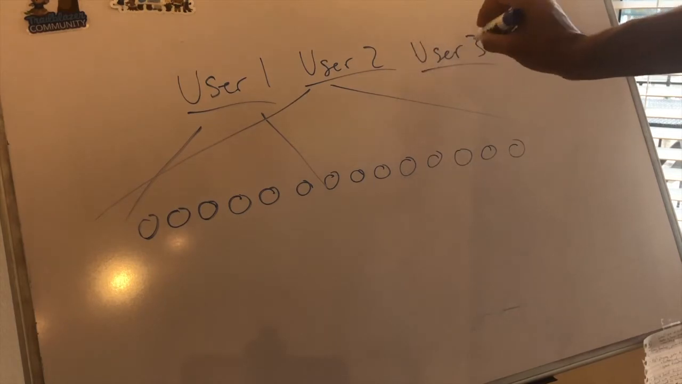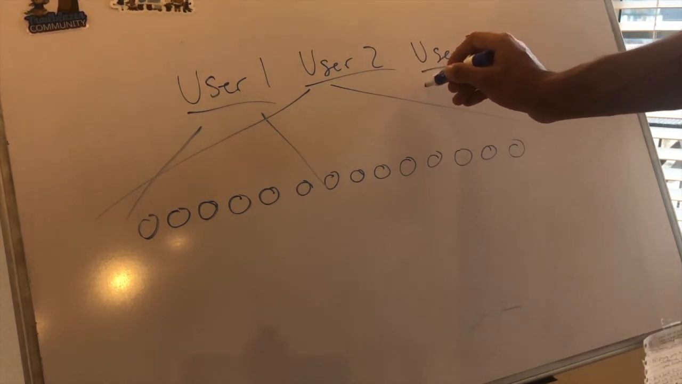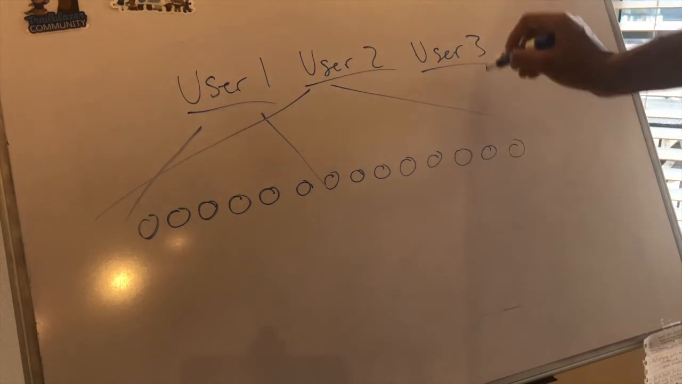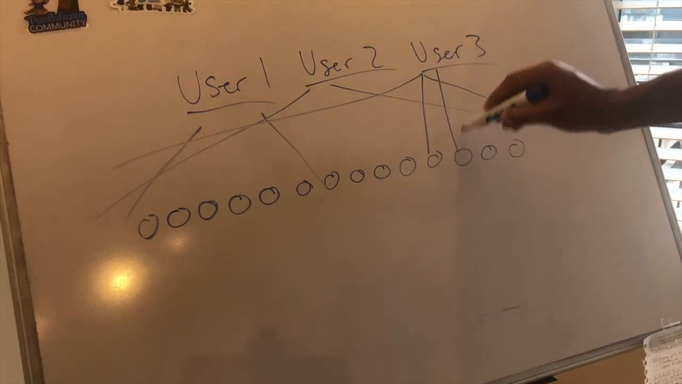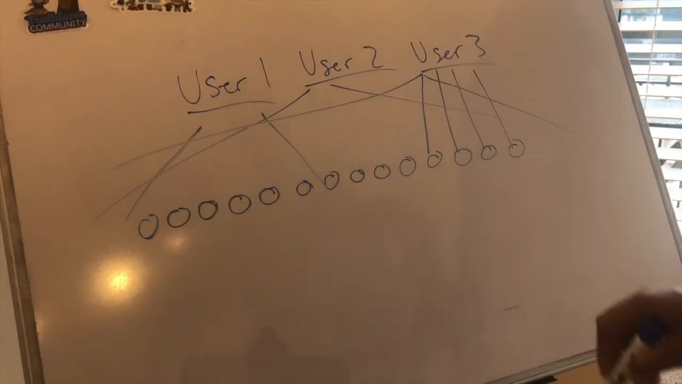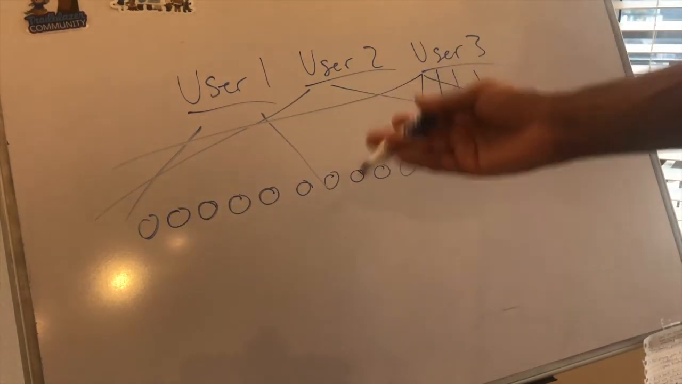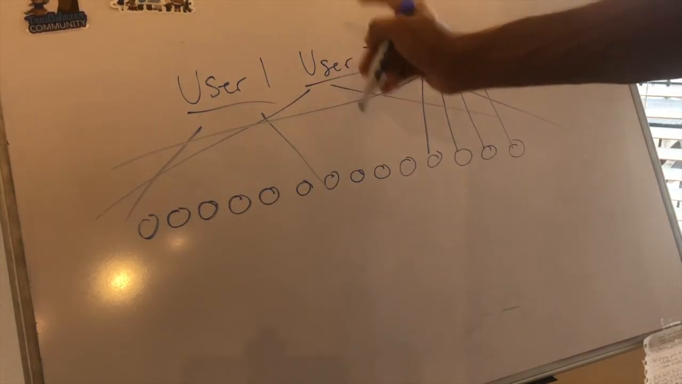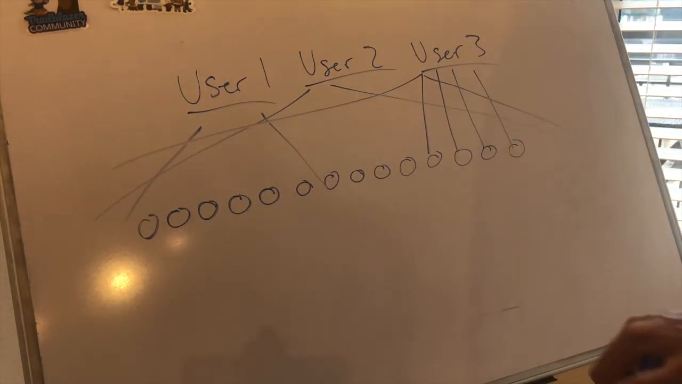User 3 is allowed to see everything, but only edit these. But then this user can edit these. Notice user 1 can access these, can't edit. Let's say user 2 can access everything, but can't edit. That's one way to look at it. Another would be,